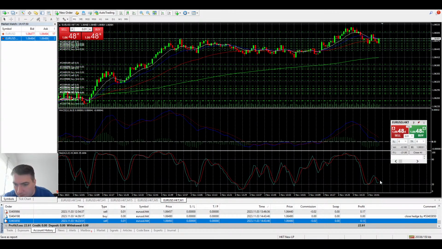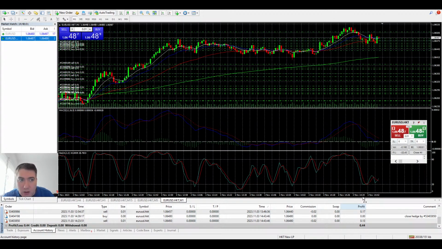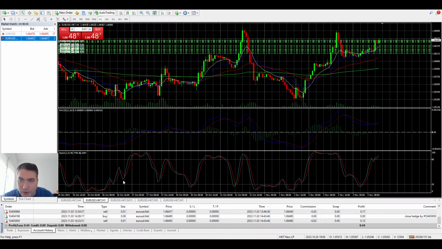Go for custom period again and do today's trading session. So 44 cents is the current situation. And as I said, you have to have patience. Yesterday, if I go for the 1 hour time frame, this is the day, yesterday's trading session, and I was selling as well. The market was going up to this area right here before the drop actually happened. So I was dollar cost averaging to the sell side yesterday. I was down like $70 or something and closed in profit for $10 or something for the day.